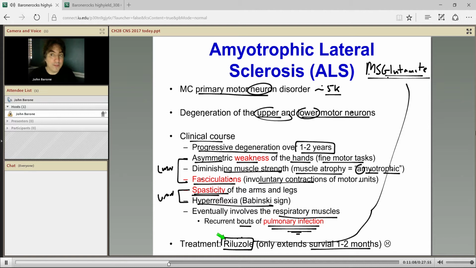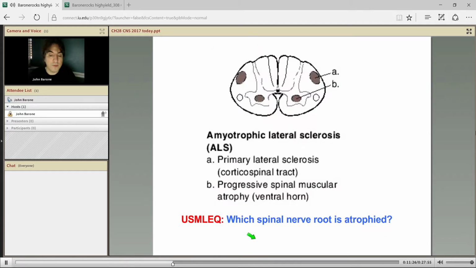She's like, you know what? If this is going to give me 1 more month of being sick, it's not worth it. I'd rather live 1 less month, but not have all these side effects. So we stopped it because it was just too toxic. So that's the problem. But for USMLE purposes, remember Riluzole. It just doesn't work really good. It kind of stinks. But Riluzole is supposed to decrease glutamate.